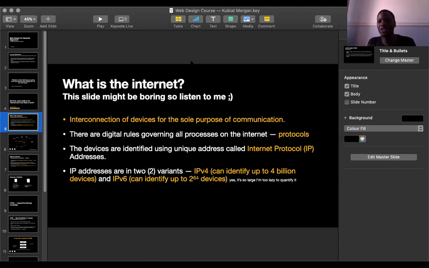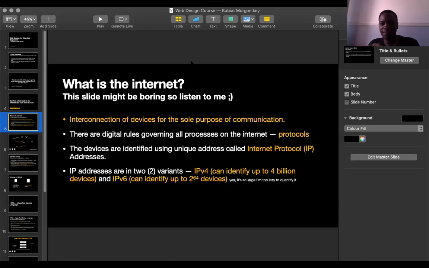Hypertext Transfer Protocol is a set of rules that govern the transfer of hypertext or text, basically. You look at FTP, File Transfer Protocol, a set of rules that govern the transfer of files over a network. So all these protocols, and then we have Internet Protocol in general. Internet Protocol is also a set of rules that govern the internet as it is.